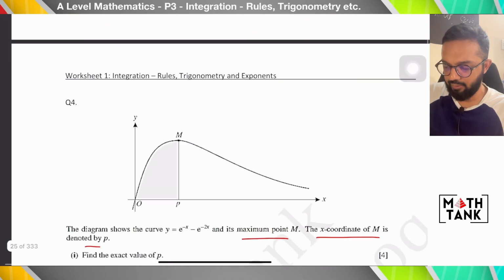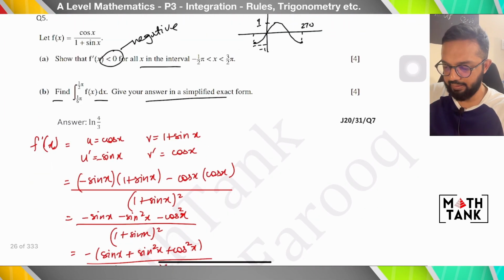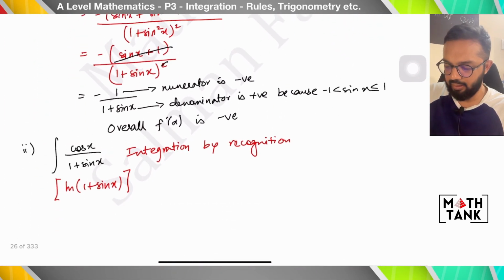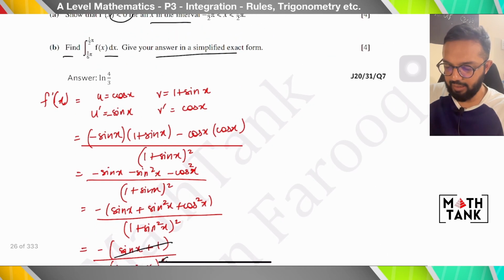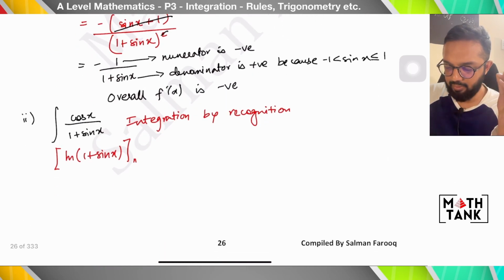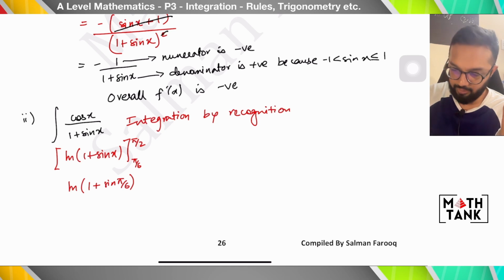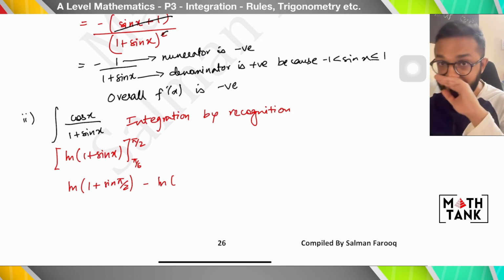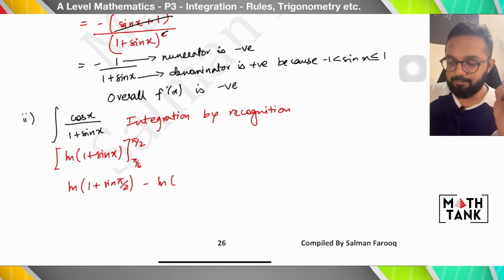It keeps randomly scrolling back. I don't know what the issue is. Okay. I have the limits pi over 6 and pi over 2. So ln 1 plus sine pi over 6, pi over 2 first, minus ln 1 plus, sorry for that,